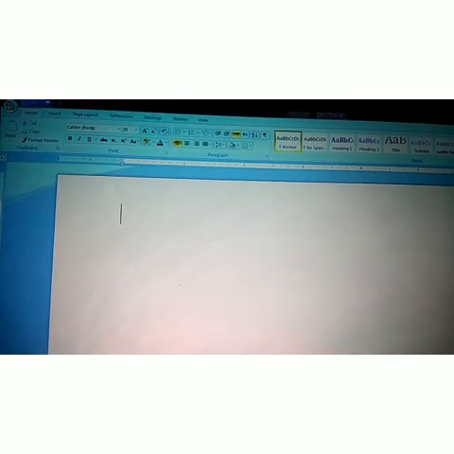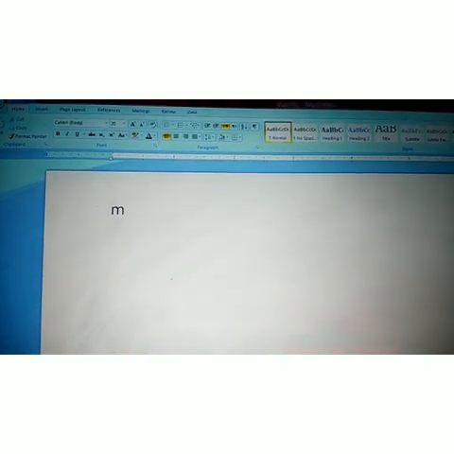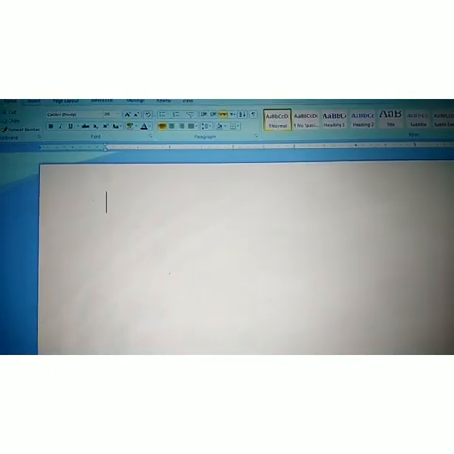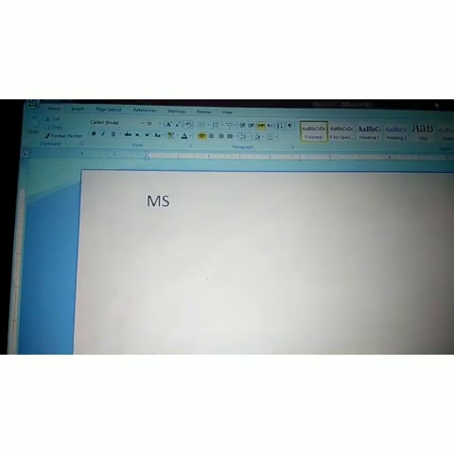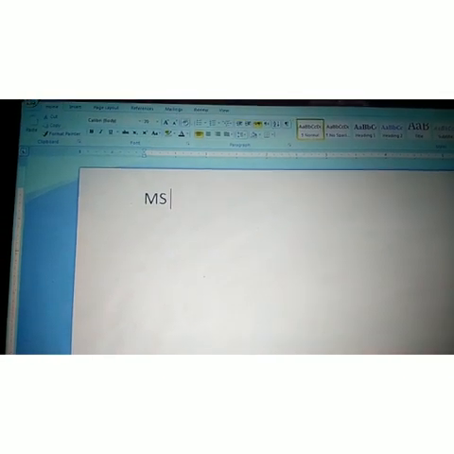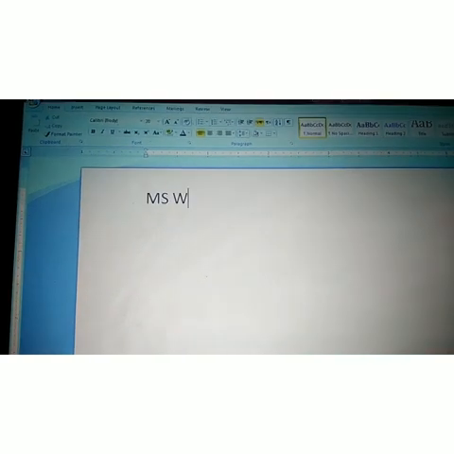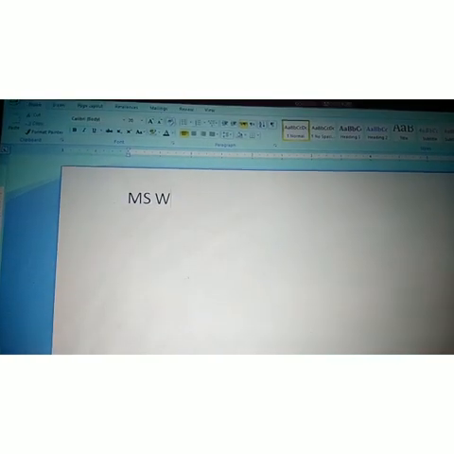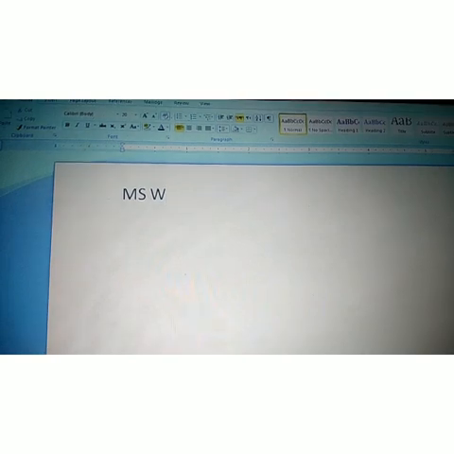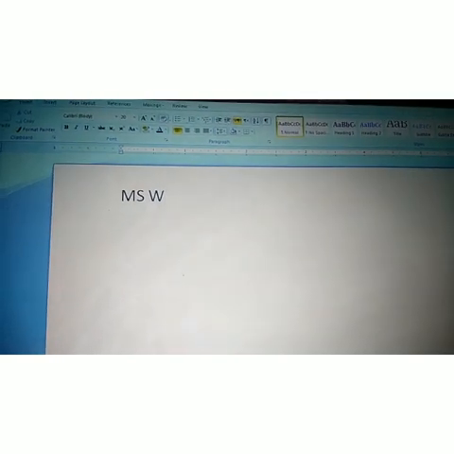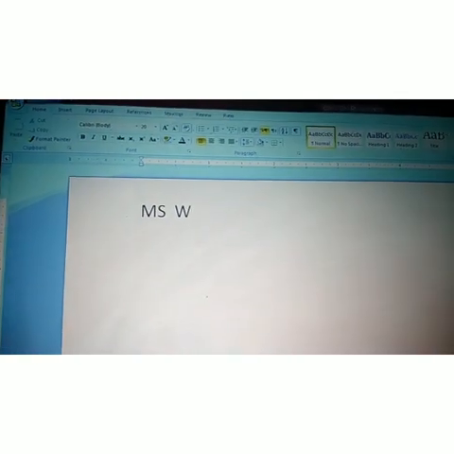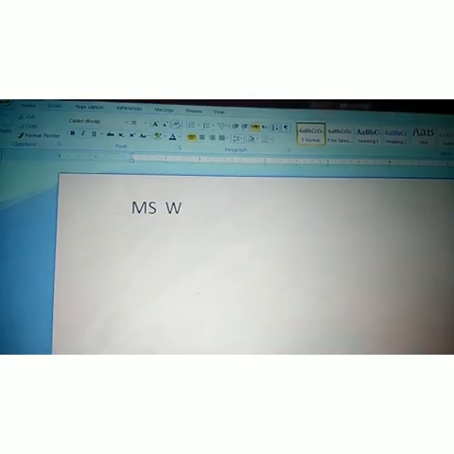Firstly, I am writing MS space Word, with W in caps, and after that I am using all small letters: ord.